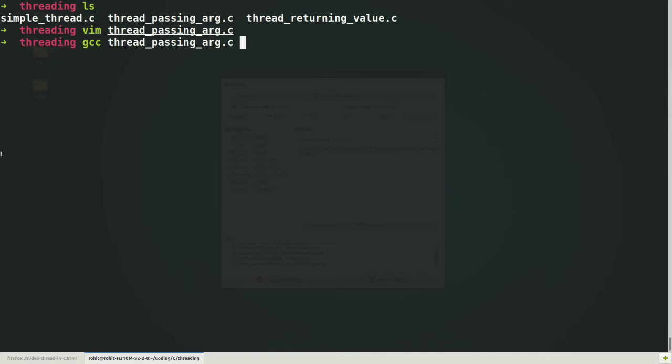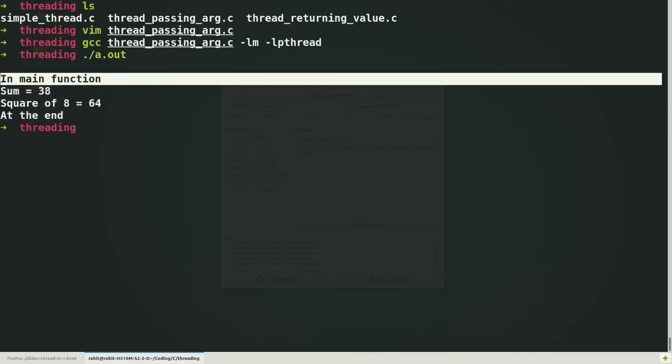We need to link the math library and the pthread library. For linking the math library I am giving -l for linking, and then m, and for pthread we also give -l pthread, and we are done. This is compiled, and let us execute our compiled file, a.out, to see the output of this code.